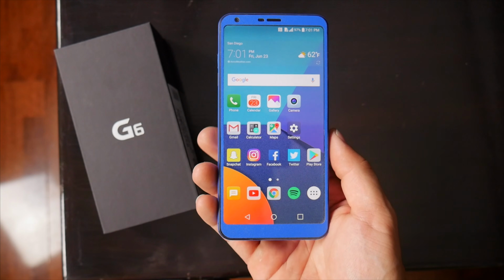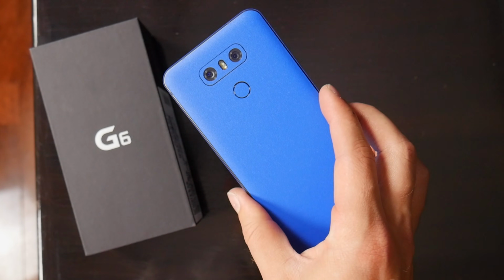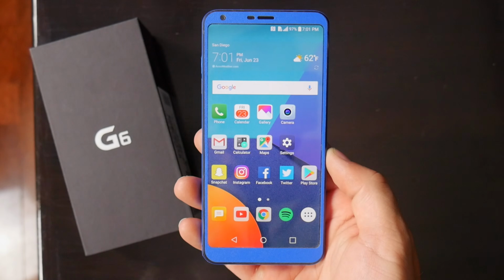Right off the bat, because I know I'm probably going to get comments about this, yes, my G6 is blue. This is just a skin from Slick Wraps. I think it looks pretty cool and definitely makes the phone stand out, and if you're interested in skinning your